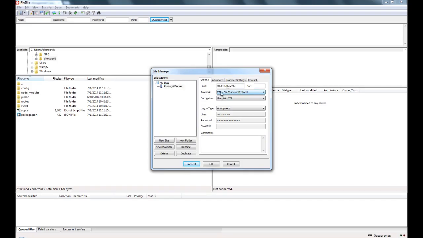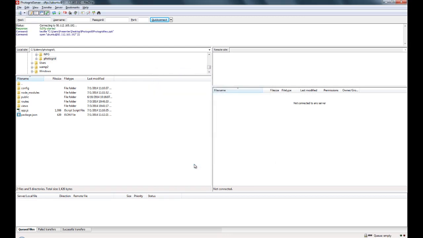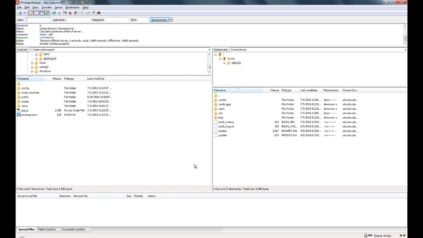Change the protocol from FTP to the SSH file transfer protocol, or SFTP, and change the login type from anonymous to interactive, and you might want to change the user to Ubuntu, because that's the username that we have been using to connect to the EC2 instance. Now click on Connect, and you can see that it does work and connects you to the EC2 instance,